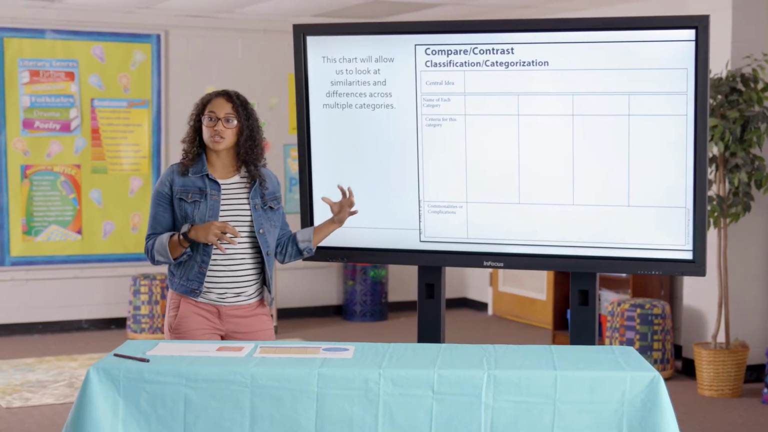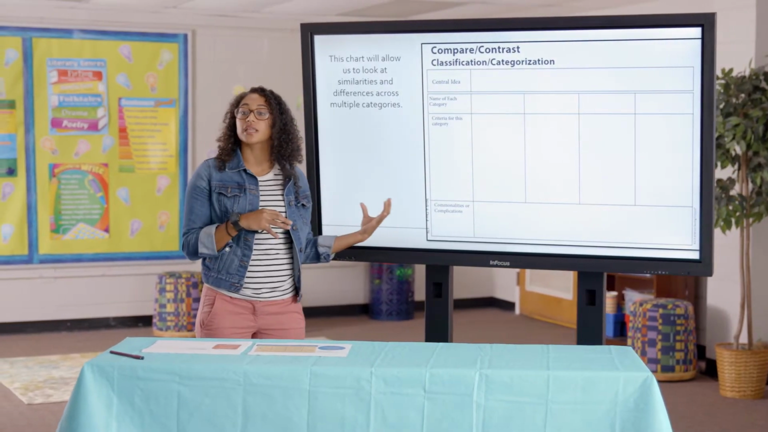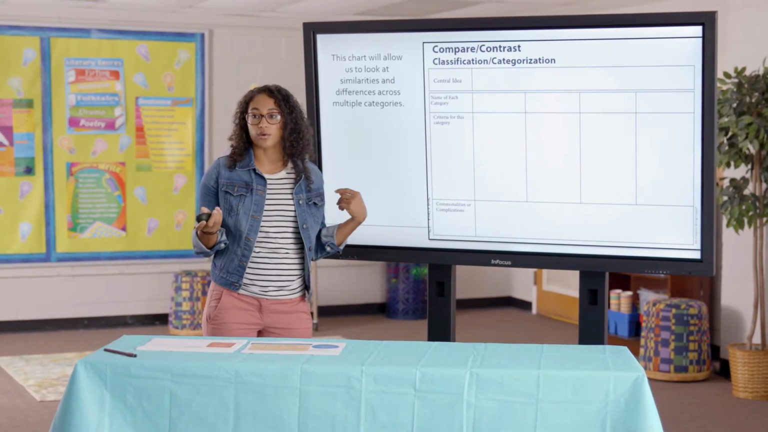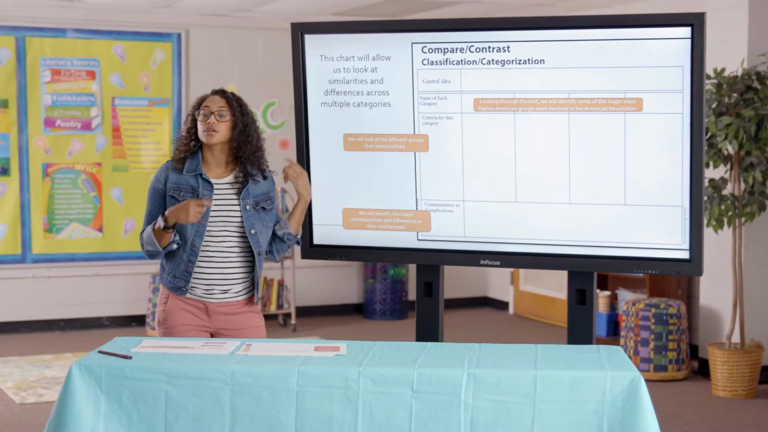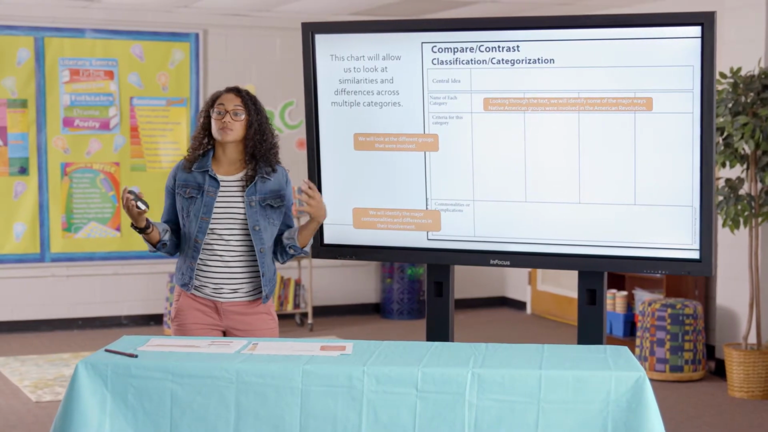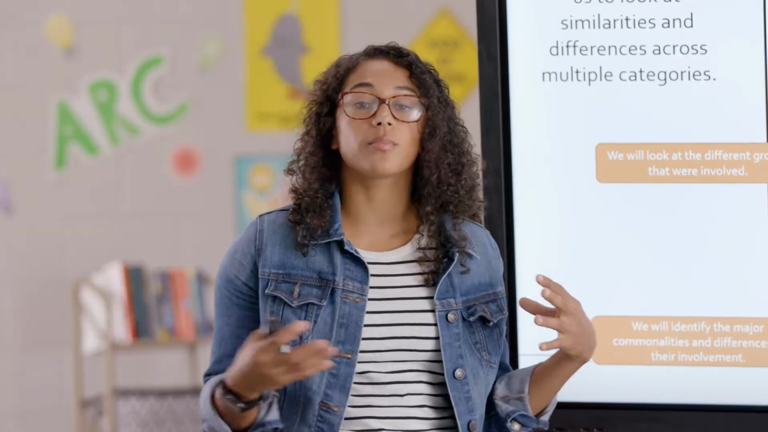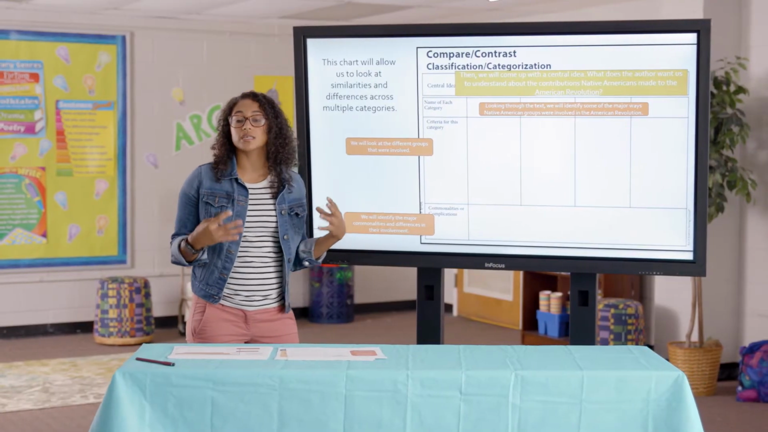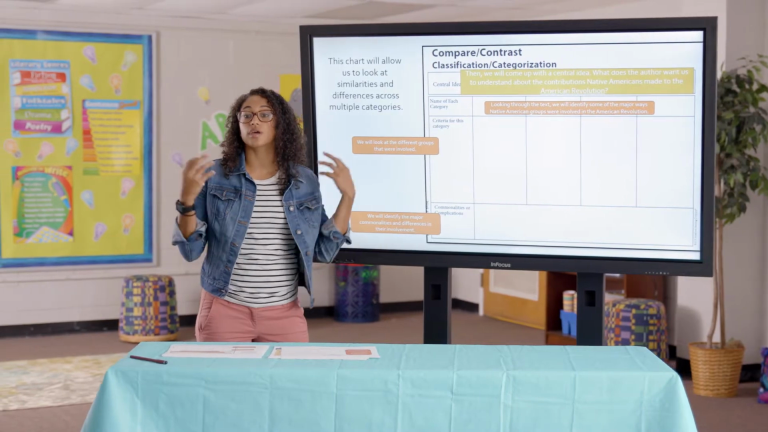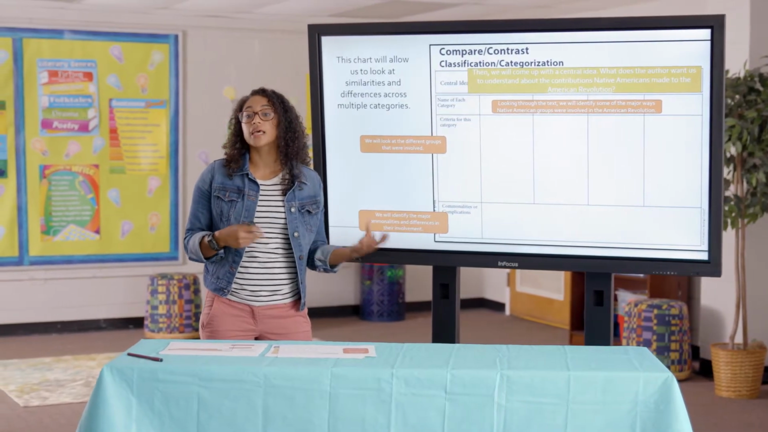So we're going to use this chart because it's going to help us look at some similarities and differences across categories. So first, we're going to look through the text and identify some of the major ways that Native Americans were involved in the American Revolution. Then we'll determine the major similarities and differences between those groups. Then we're going to come up with the central idea. We're going to determine what the author wants us to understand about the contributions Native Americans made to the American